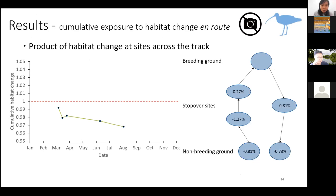And finally, we calculated the cumulative exposure to habitat change en route for birds. Just take this one as an example. The line is a track, and the point on it is a site. For this one, the first non-breeding ground has a percentage habitat change of minus 0.81%, and the first stopover site has a habitat change of minus 1.27%. So we multiply them throughout the migration route and get the product of habitat change at sites